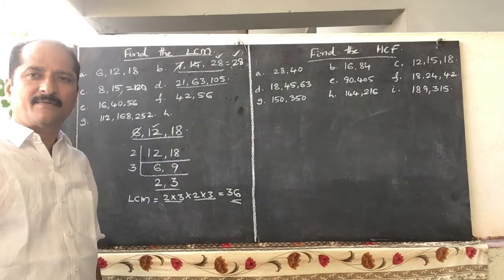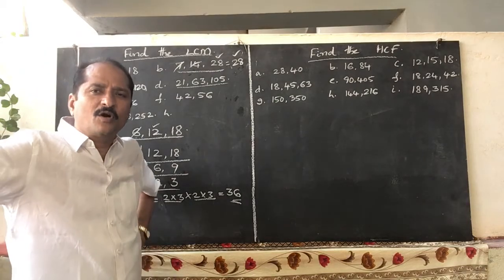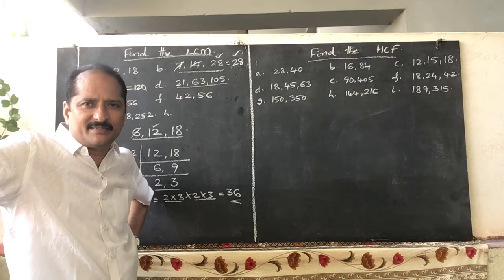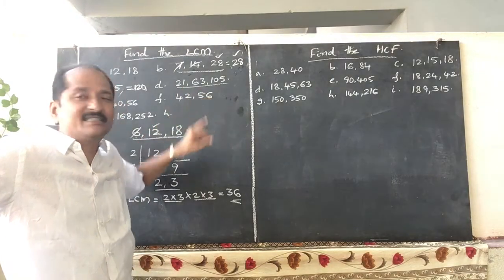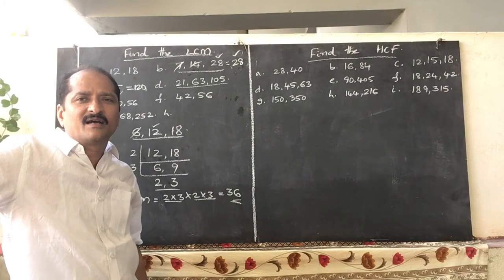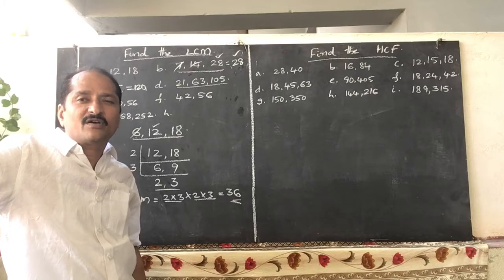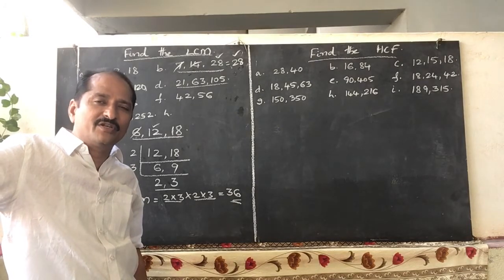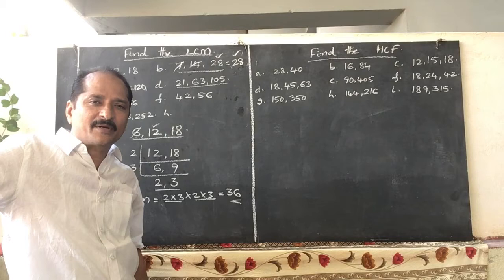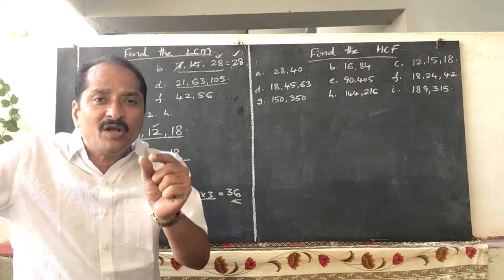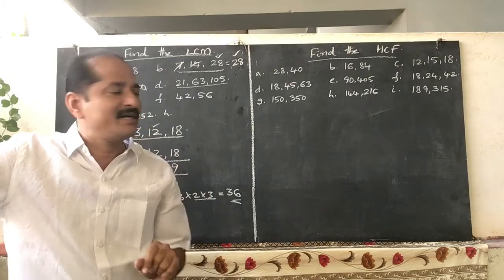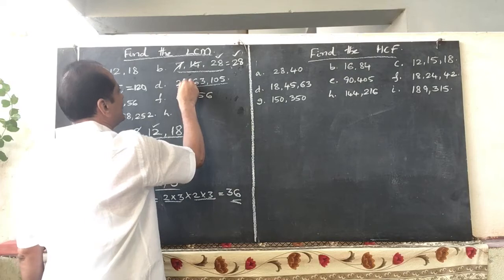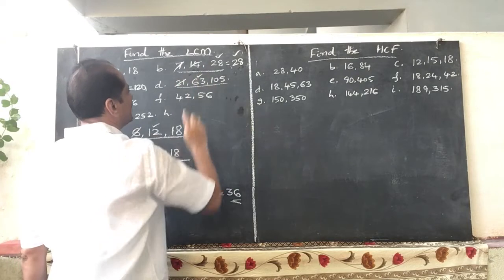These three numbers: co-prime numbers, apply the second property. Now it is useful. Why? Because 21 is a factor of 63, and 63 is a multiple of 21. So apply the third property. That is, if the greater number is a multiple of the smaller number, then the LCM will be the greatest number. So here, for 21 and 63, the LCM will be 63 only.